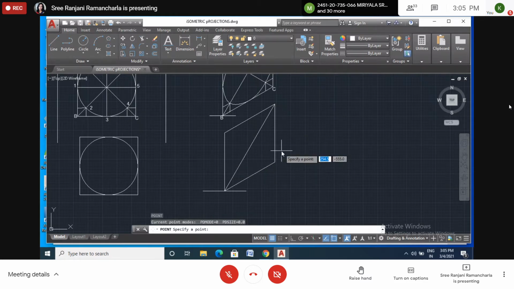Okay. Now try to understand this one from the shorter diagonal. This is a shorter diagonal. From the shorter diagonal end, this corner, draw the lines to the center of the opposite line.